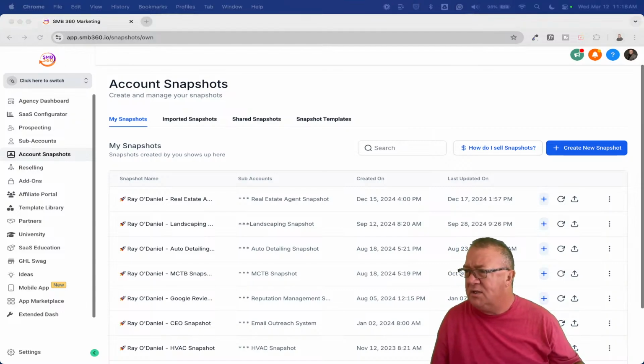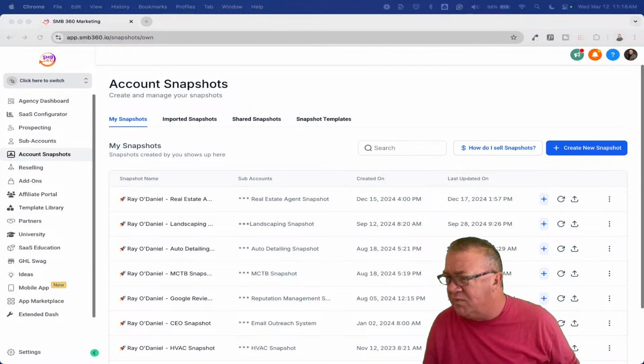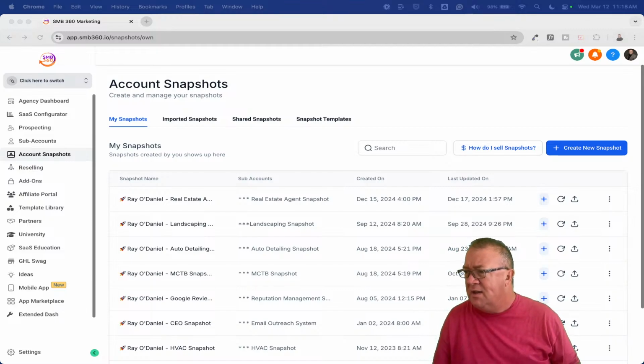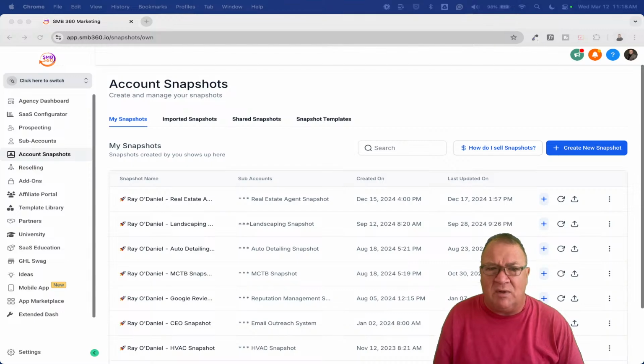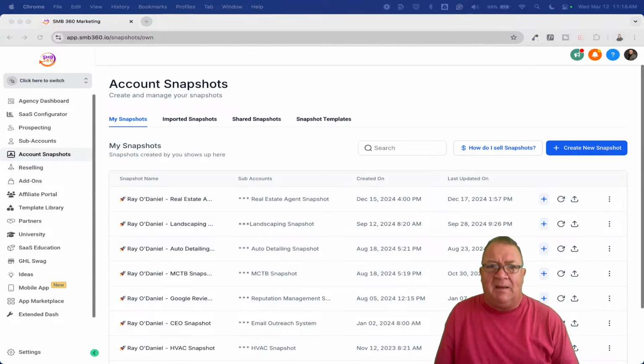Okay, well, hopefully, if you guys have some questions: what components would we need to set up a brand new sub account just for the snapshots? Well, that's a great question. I mean, what components? That's going to be completely up to you, Sean. Right now you need to sit back and understand what it is that you're building the snapshot for. If you take a look at the example of when I was dealing with the insurance agents,